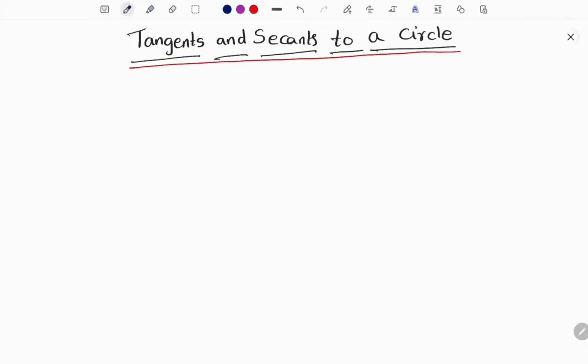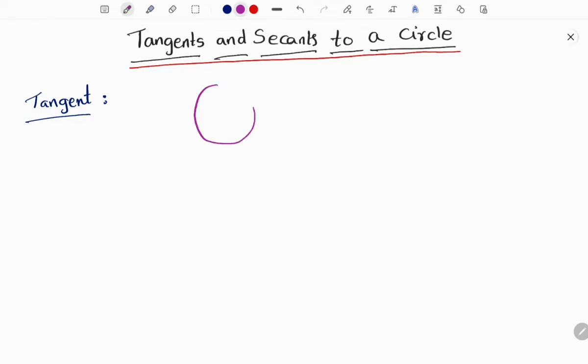Today we are going to discuss tangents and secants to a circle. So, first of all, what is a tangent? What is a secant? What is a tangent? What is a secant? Suppose